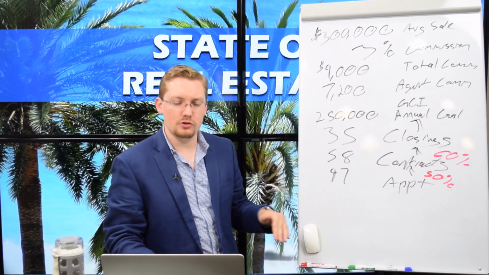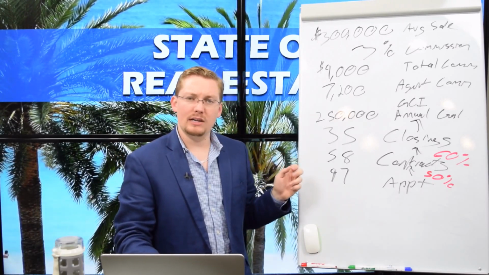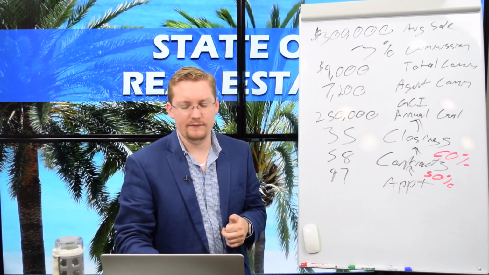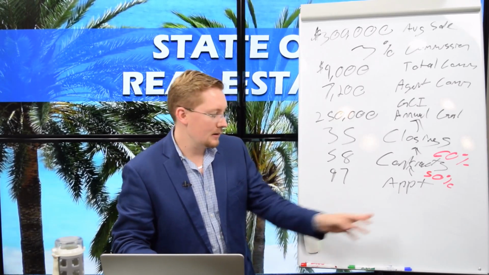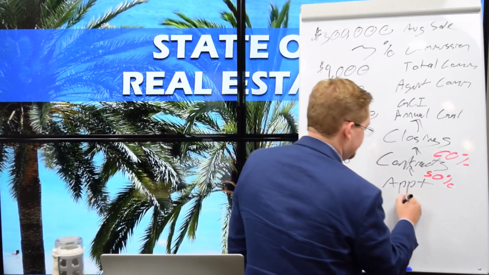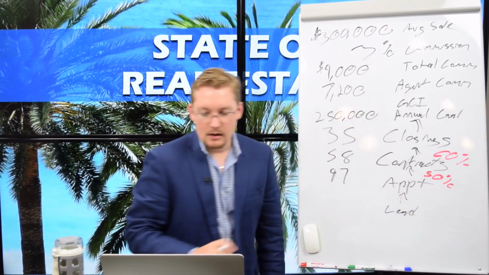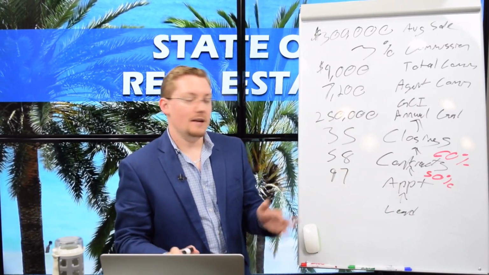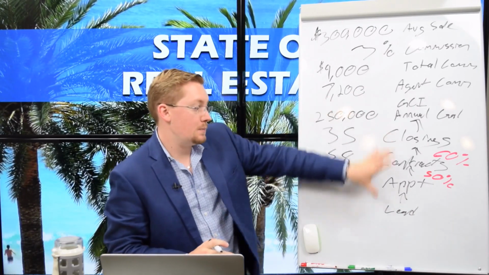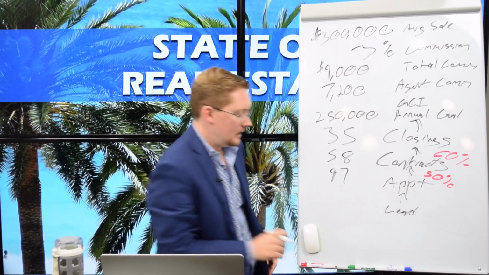So let's go ahead and do a drop down, because I think the math we were working with in the previous example was something like 50% we chose for the number of leads that result in an appointment. Because before they're an appointment, they're just a lead. But if we're trying to work with a more selective type of people who are more likely, because this part of the process, going from the appointment on,